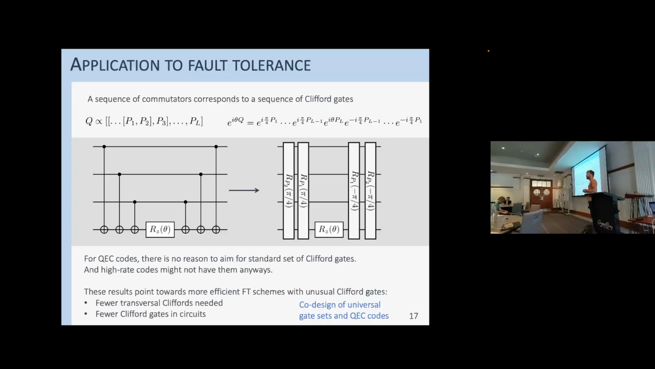Terry? Sorry. Maybe start with Katie and then go to Terry. Yeah, thanks for the really nice talk. So would you say in the sense that you're moving the hardness of achieving universality from being able to do flexible transversal Cliffords to being able to do